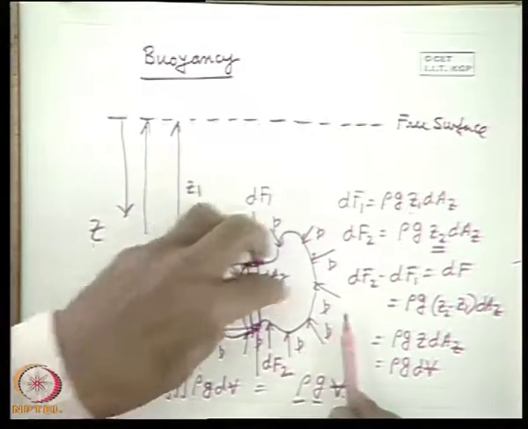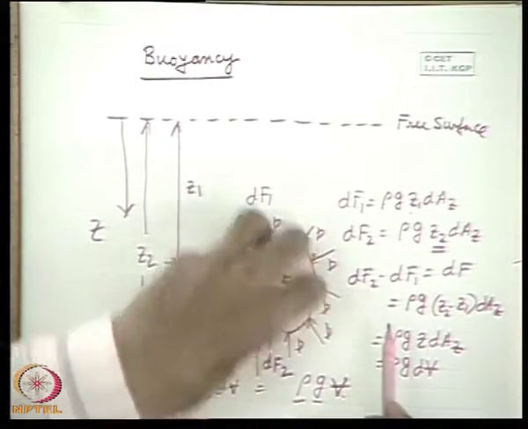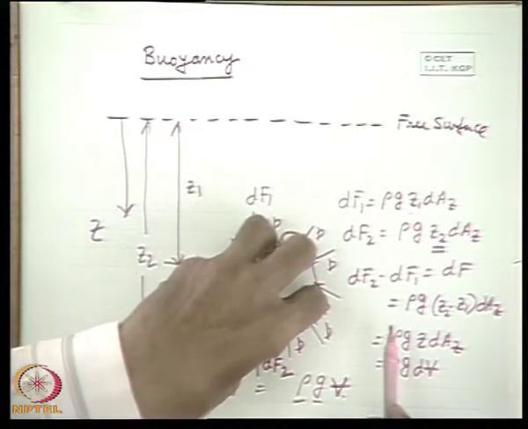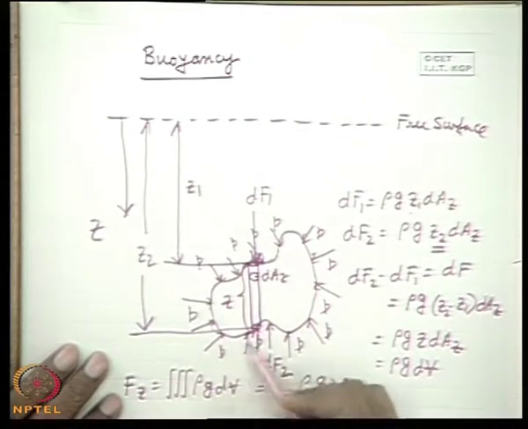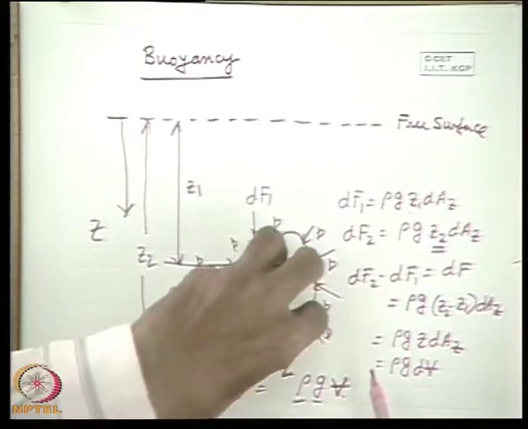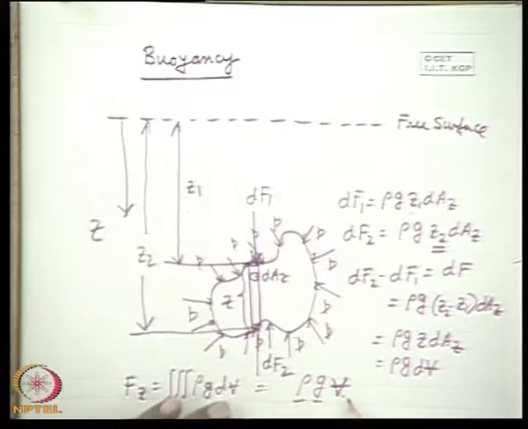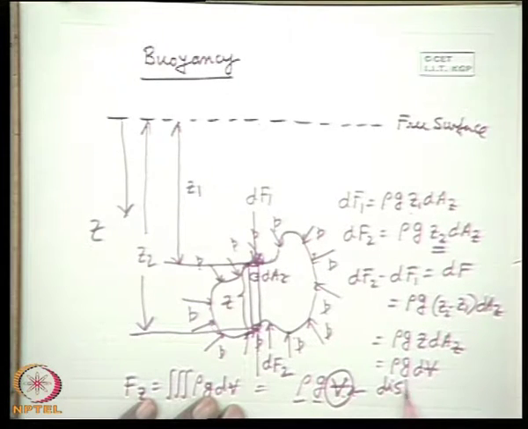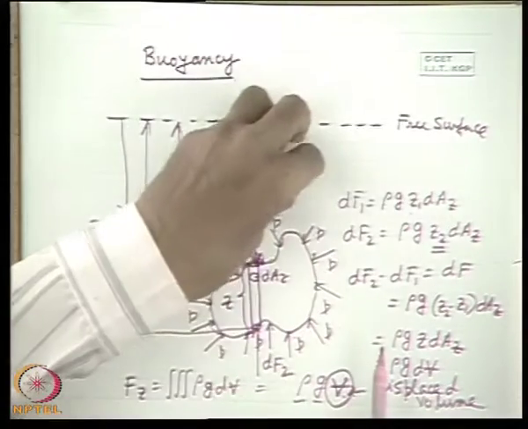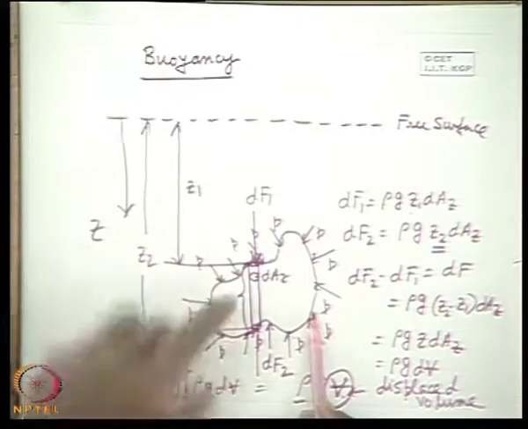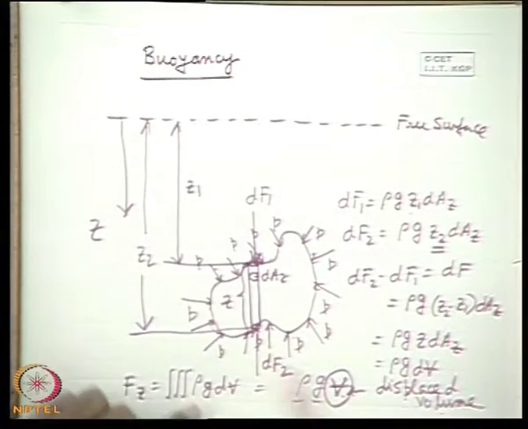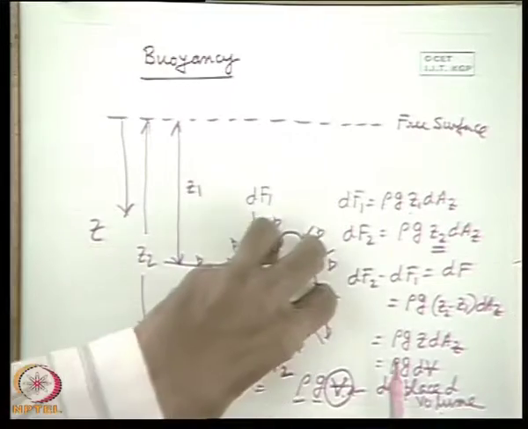Now you see that when the solid body exists here under submerged condition, it has displaced the liquid in this portion. So we can say that the same volume of liquid has to be displaced by the solid, so that the solid makes its space. That is why this V is sometimes referred to as displaced volume. Displaced volume always will be the volume of the body immersed in the fluid. In the case of a submerged body which is totally immersed in the fluid, this displaced volume is the total volume, because it has to occupy its total volume.